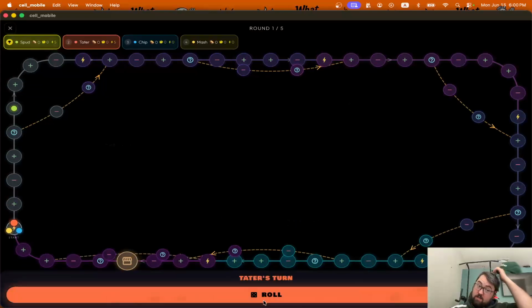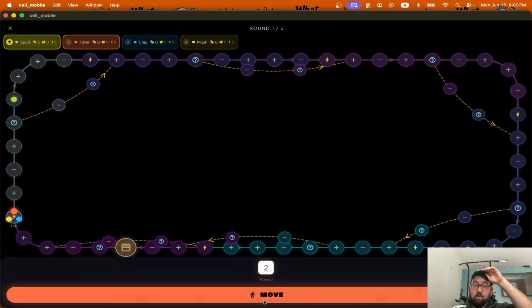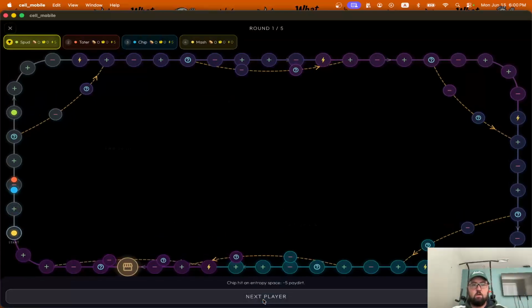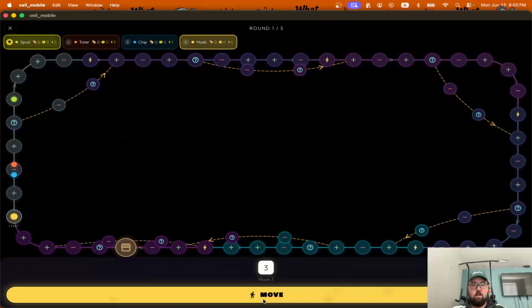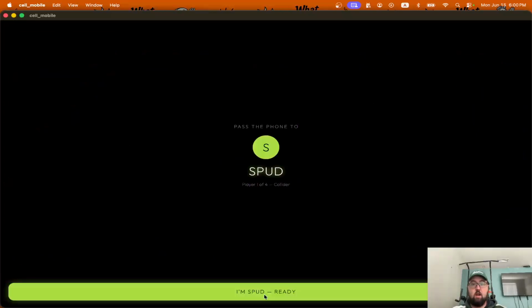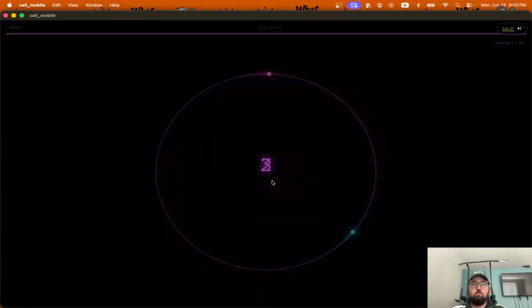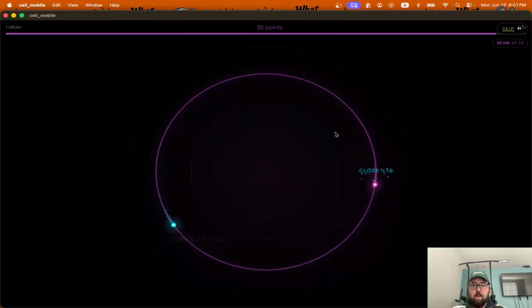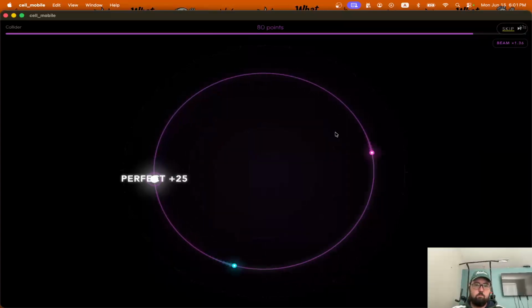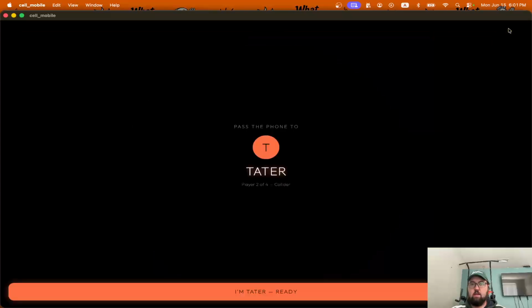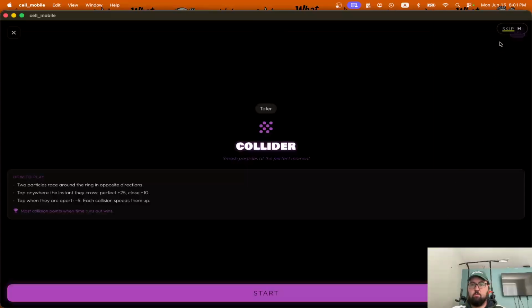So pay dirt is a mining term, but so they all roll, and then they move. They hit next player. Mash will go. There we go. Mini game time. Collider. I like this game. So AI had made this game. I have to click when they match. Bang, bang, bang. Oh, bang, bang, bang, bang, bang. So there's that, and then we're gonna skip through some of these because